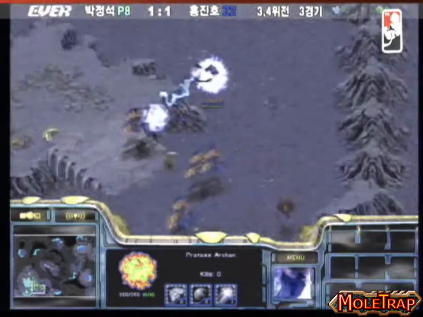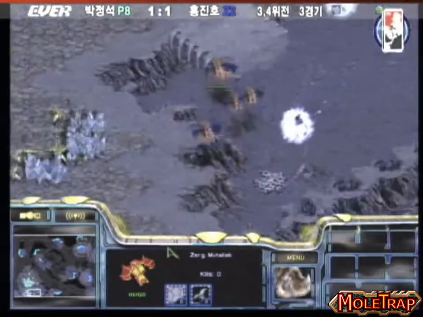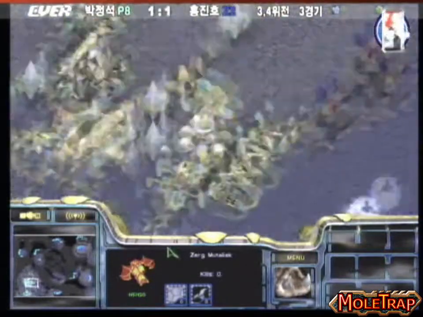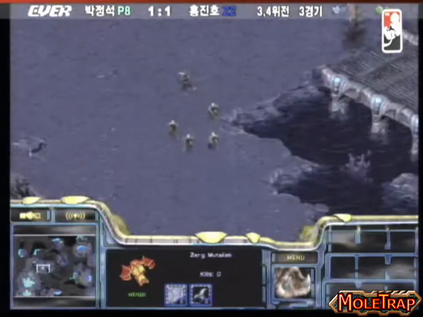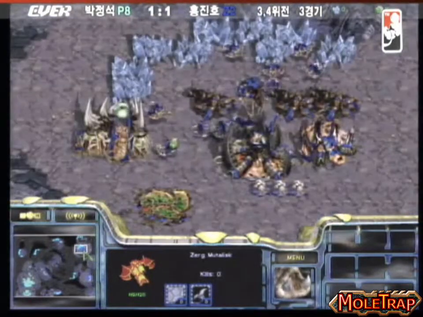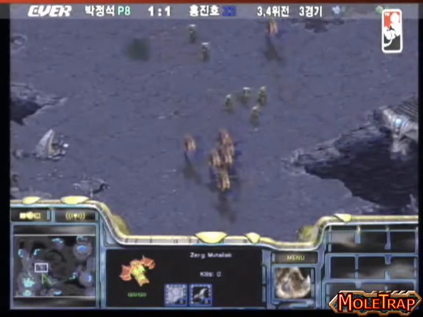Now, this Archon has something to say about it. But again, just like we were talking about before, the Archon is not as mobile as the Mutalisk. Oh, look at that dodge. Dodges out of the cannon fire, out of range of the Archons, and is now going to exit the area pretty much unscathed. Both players unscathed, actually. No damage done by the Mutalisks, which is actually a pretty big deal, because they could have taken out...